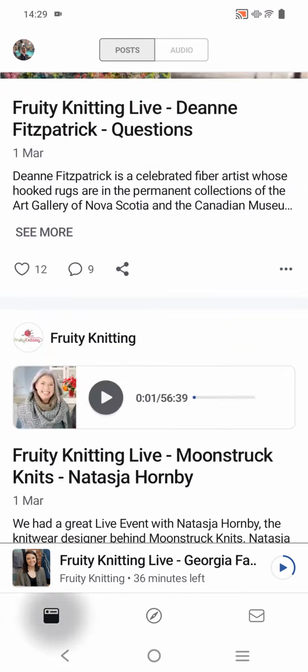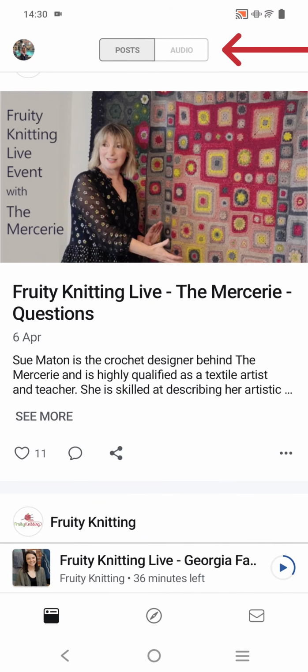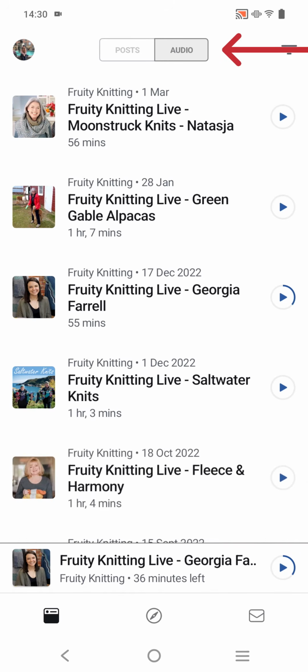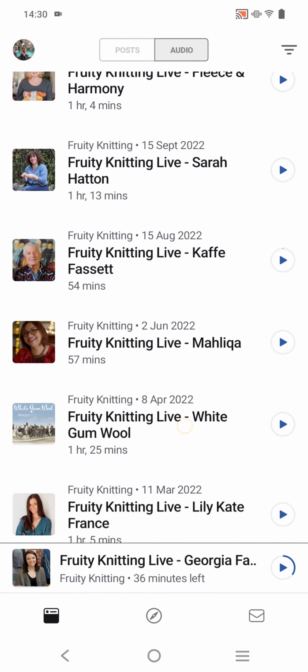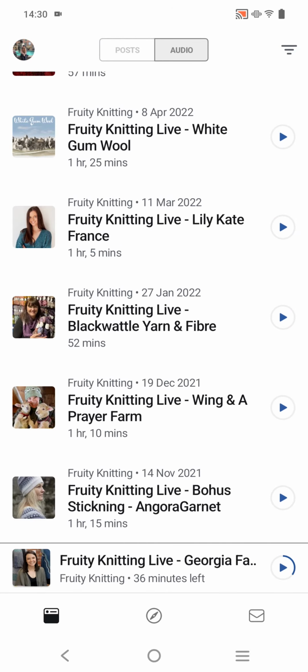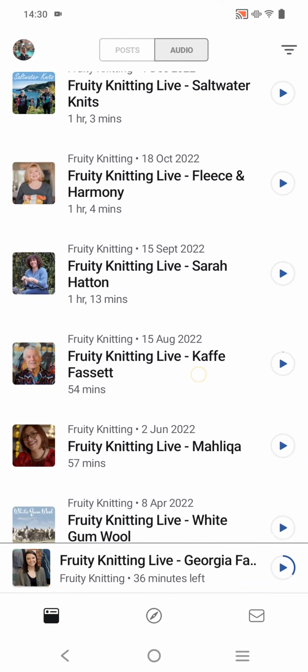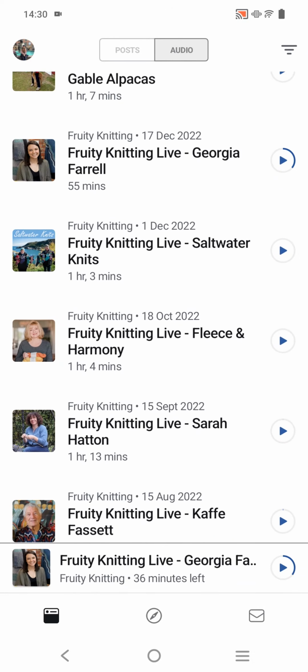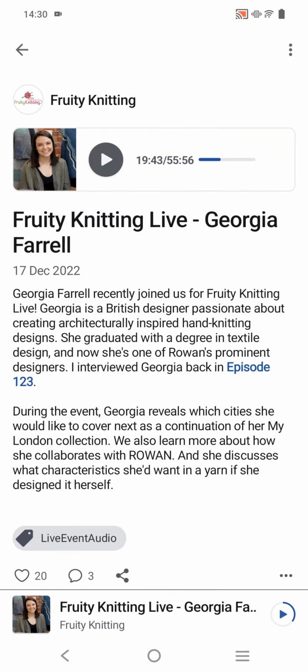Now up the top there are two squares placed next to each other. The one that is currently greyed out says Posts, but I will select Audio because this shows me all Fruity Knitting Live audio podcast episodes. Let's scroll down a bit and select the knitwear designer Georgia Farrell. All you need to do now is tap on the image, which opens up the post, and then you can